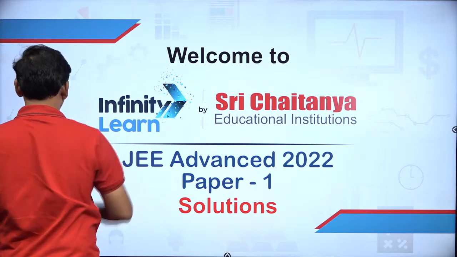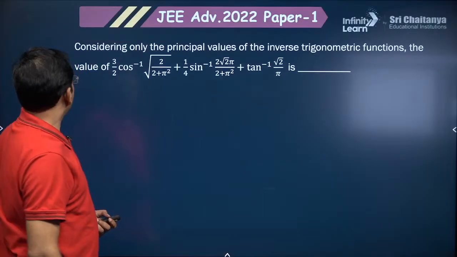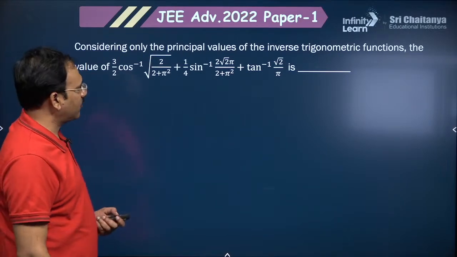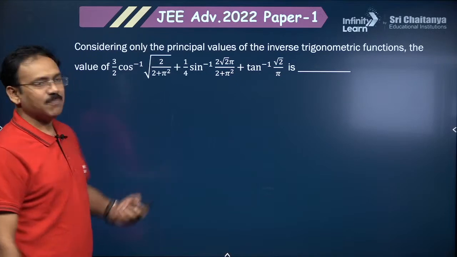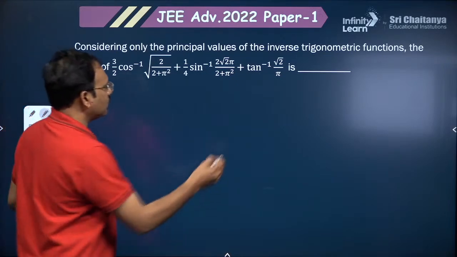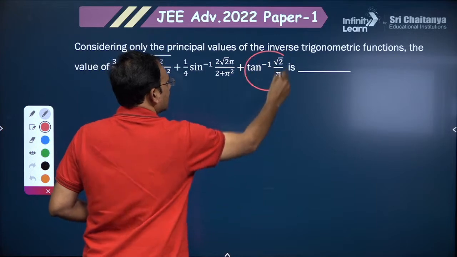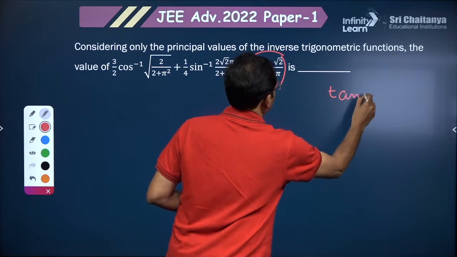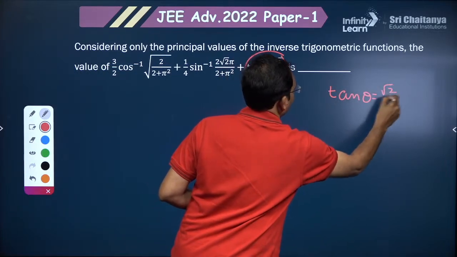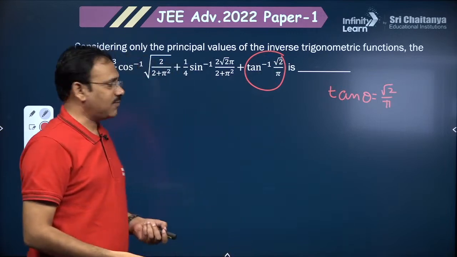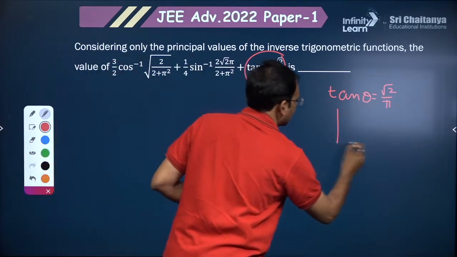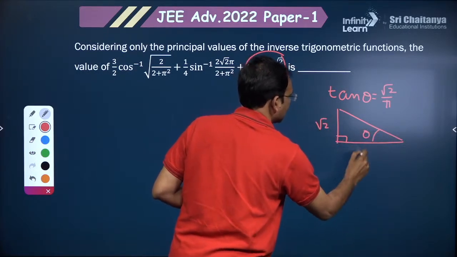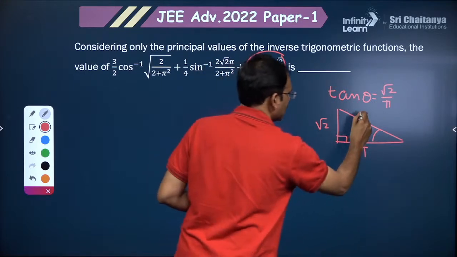So let me take up this. Yes, so this is the first question. Considering only the principal values of the inverse trigonometric functions, the value of this particular expression. Here you just try to take tan inverse root 2 by pi as theta. That means tan theta is going to be root 2 by pi, which is positive, dear friends. So you can just take a right angle triangle, let it be theta, opposite side is root 2, adjacent side is pi. You can say the hypotenuse is going to be